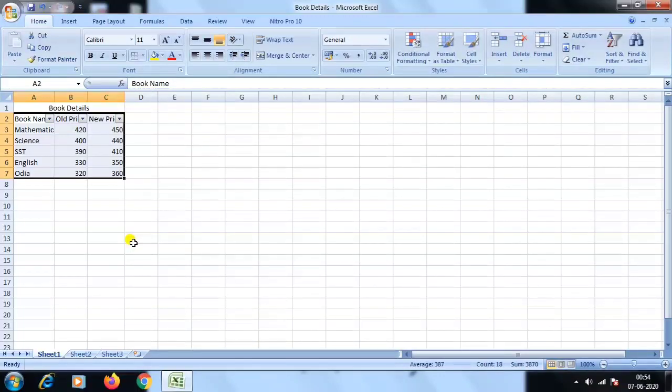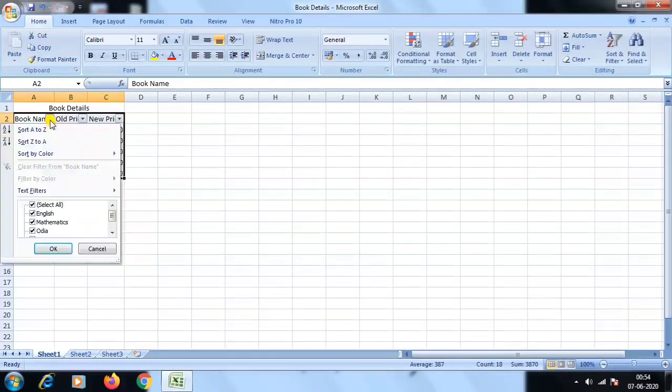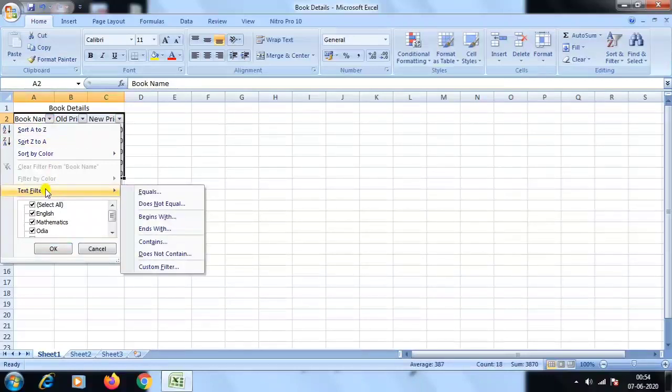This is called the auto filter option. It means using simple criteria we can apply a filter. If you need to do an advanced filter or custom filters, then you click on any one drop down menu, then go to text filter.